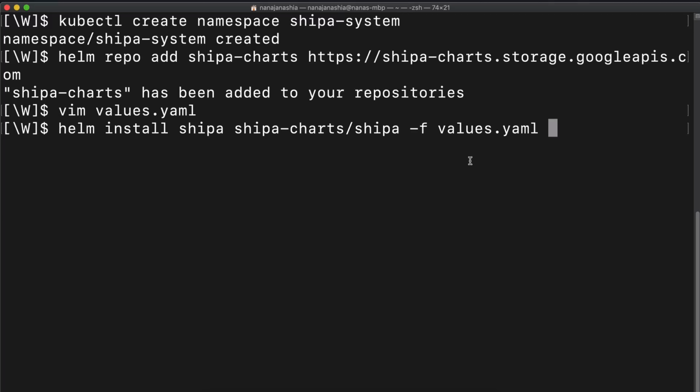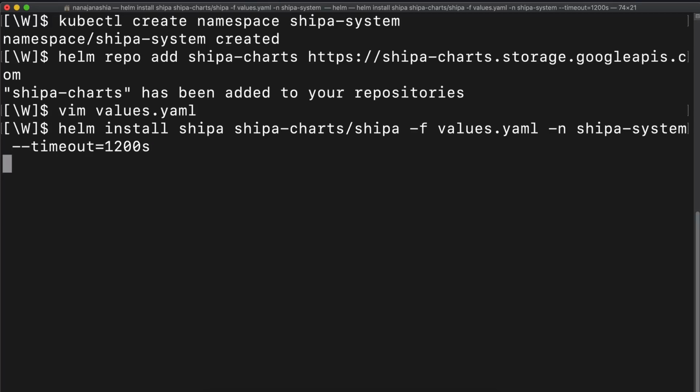Now we're gonna need 2 more options to set here in the install command. So first one is going to be namespace, because we want to install the chart into the shippa-system namespace. So that's 1. And the second one is a timeout, which is important because the installation of Shippa actually takes quite some time. So we're gonna increase the timeout of this helm command. So it just waits longer for the installation to complete. So we're gonna set timeout here, and it usually takes around 15 to 20 minutes. So let's do 20 to be sure. And now we can execute this command and wait until Shippa gets installed.